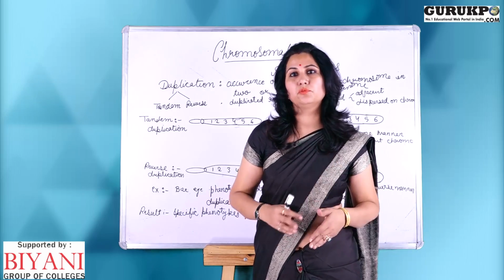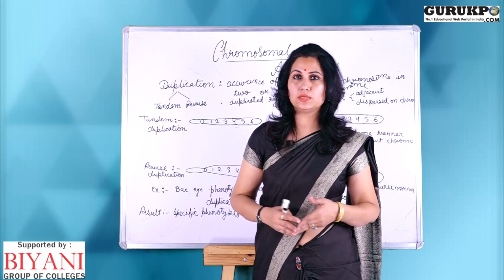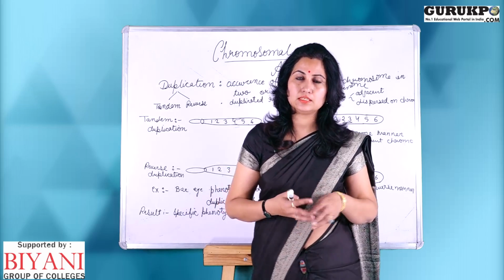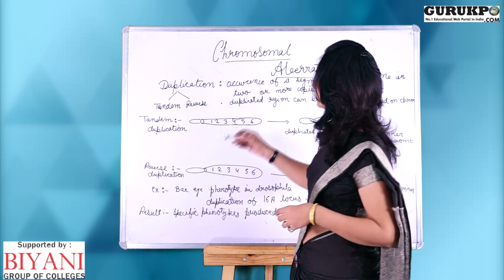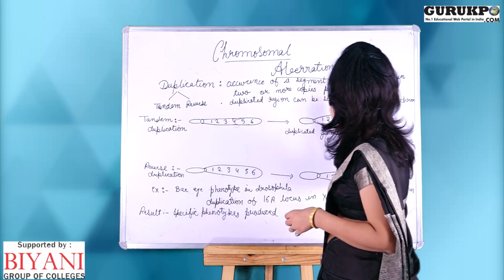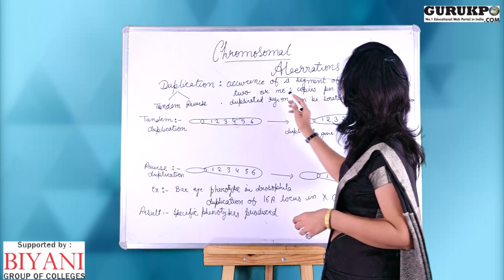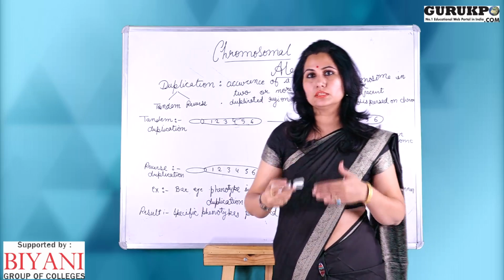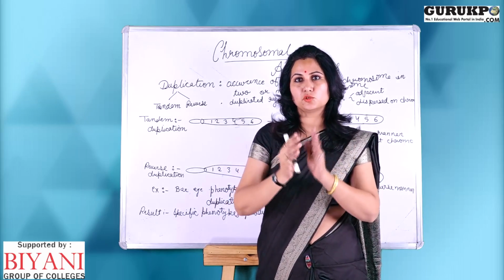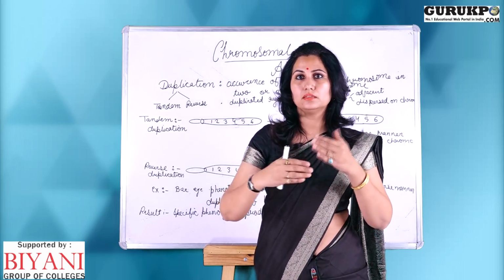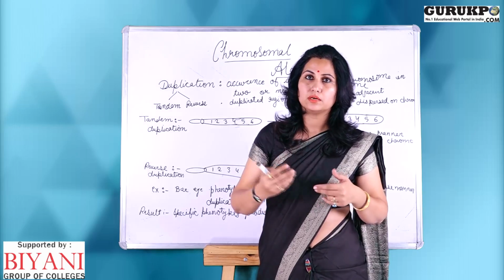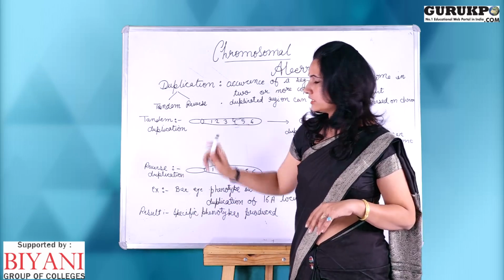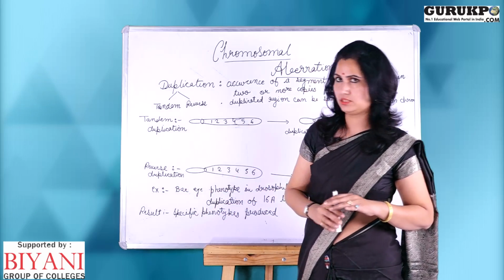So, friends, now we are moving on to the next type of chromosomal aberration, that is duplication, or doubling, we can say. Here what occurs is the occurrence of a segment of a chromosome in 2 or more copies per genome. Like in duplication, the same genes are repetitively occurring in the chromosome. So, it may occur in 2 manners. It could be tandem duplication, or it could be reverse duplication.